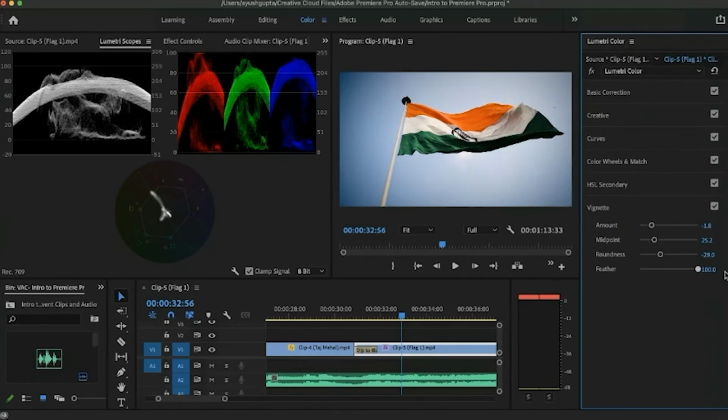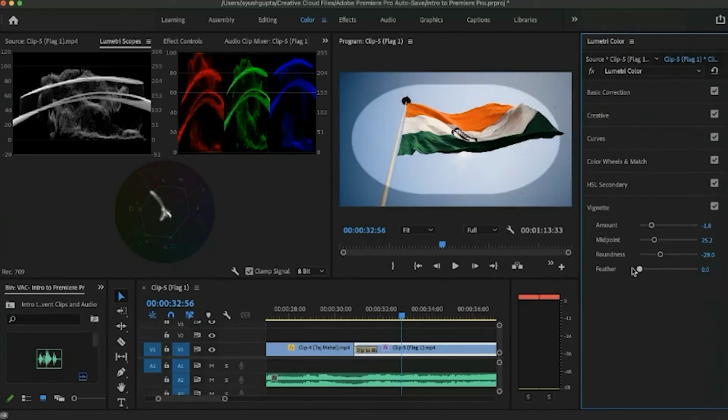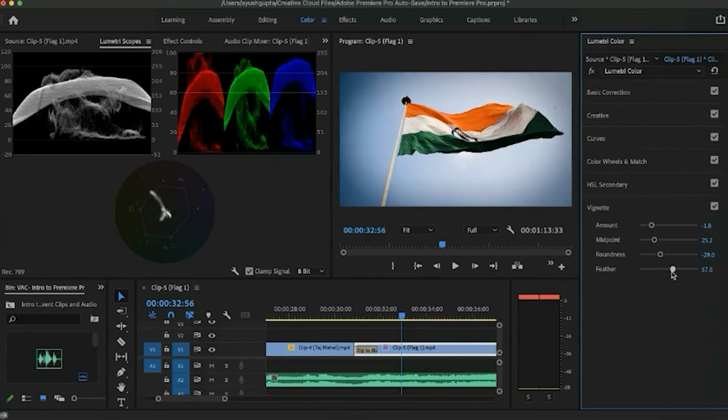As I've increased it, it's a bit more uniform, and with this, it's just sudden. So we don't want that. We'll decrease the uniformity a bit, increase it, and then this is the final color grading we have done.